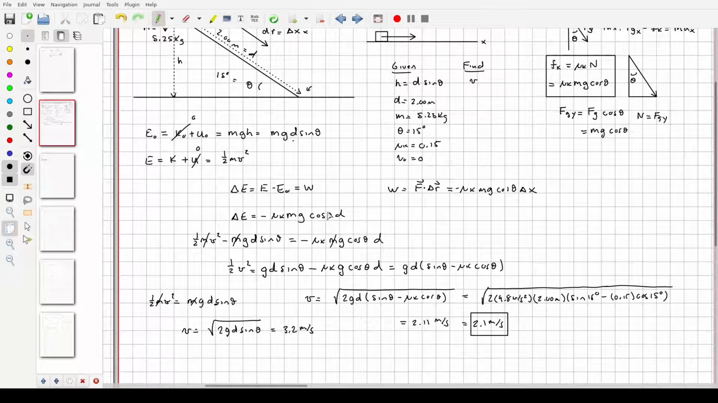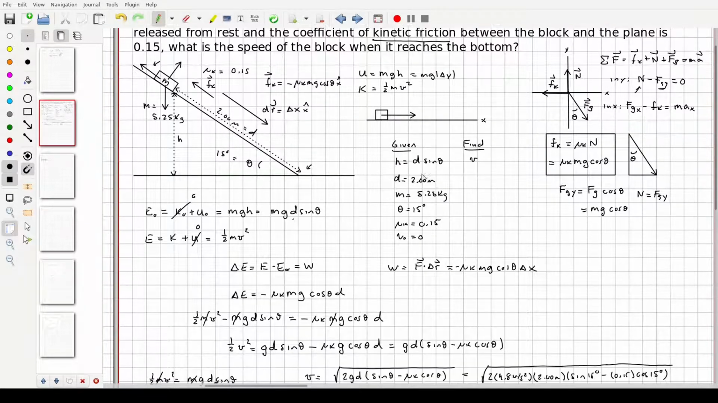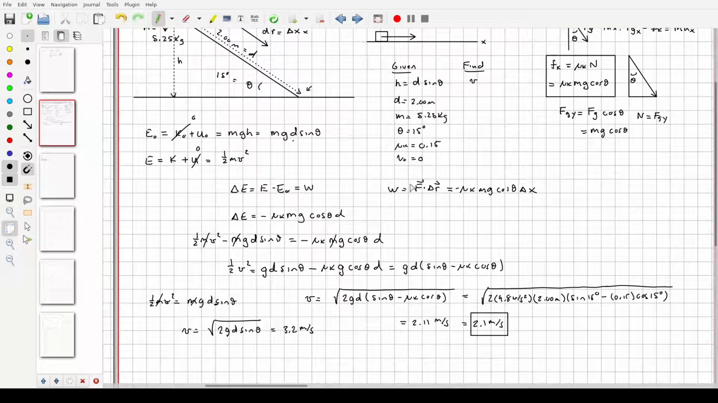Now, this wasn't bad. This is not a bad approach. There wasn't a whole lot of work, at least in my opinion, to get from the beginning to the end. But you may find it easier to use forces and kinematics to find the equations of motion and just solve for v at the bottom. It might be easier. And if you remember, when I was talking about conservation of energy in the last video, one of the things I pointed out is that saying,